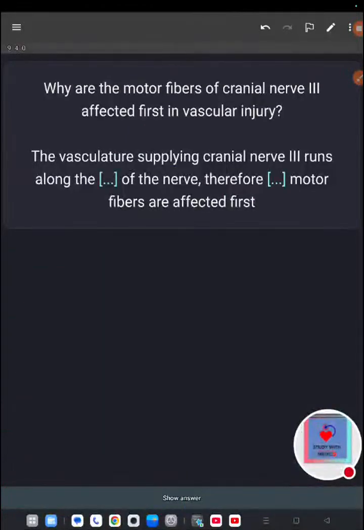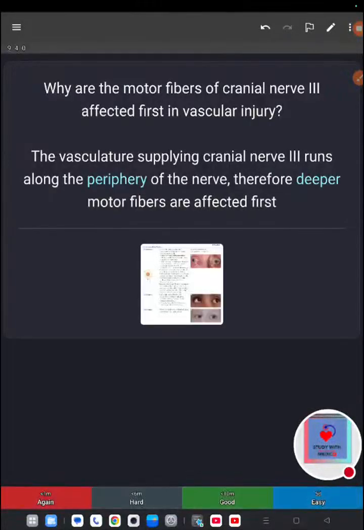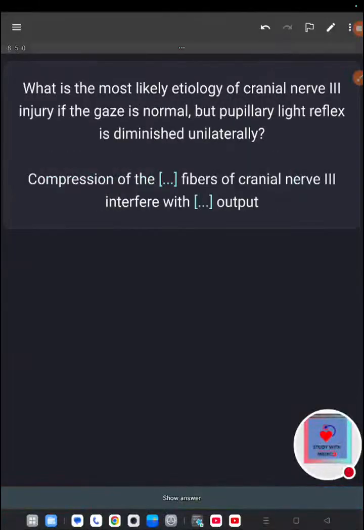Why are the parasympathetic fibers of cranial nerve 3 affected first? Because they run along the periphery of the nerve, while the motor fibers are deeper. What is the most likely etiology of cranial nerve 3 injury? The disease